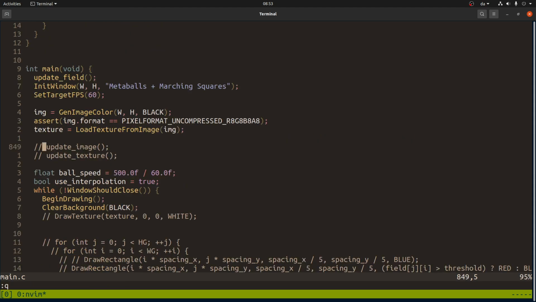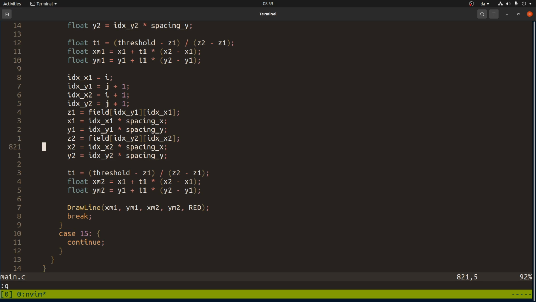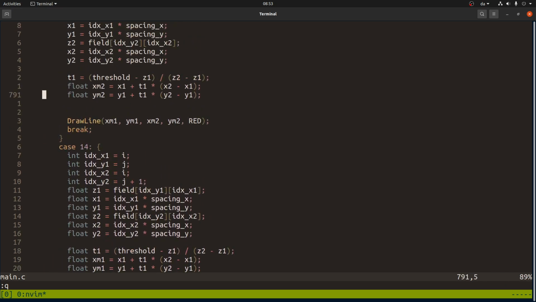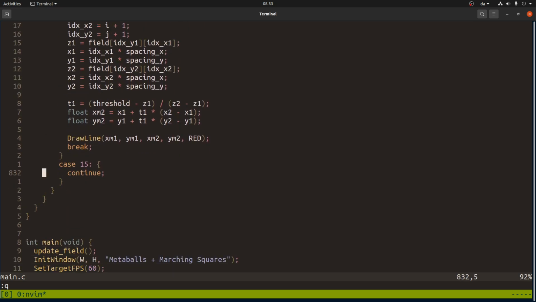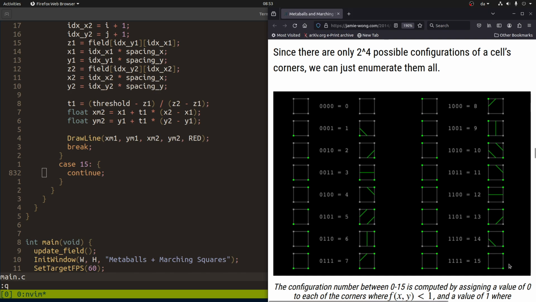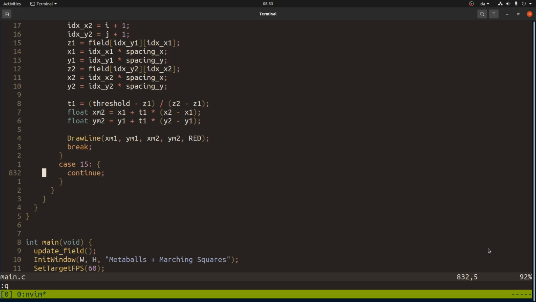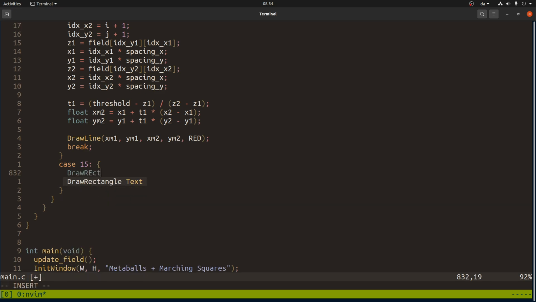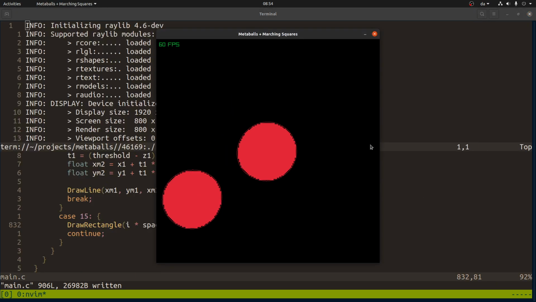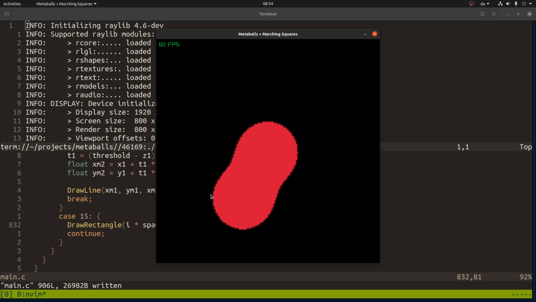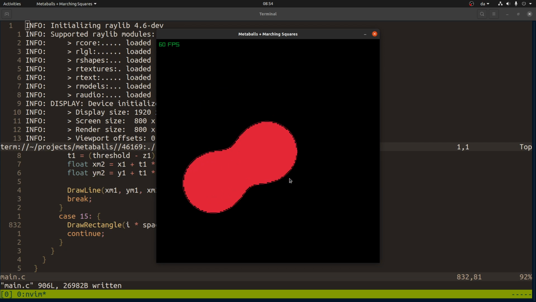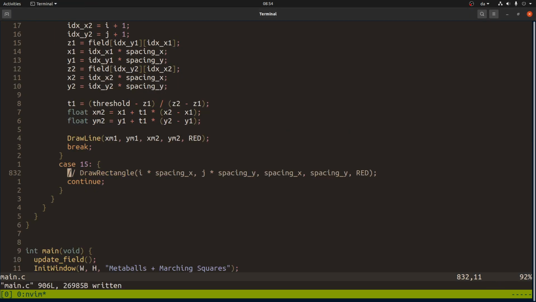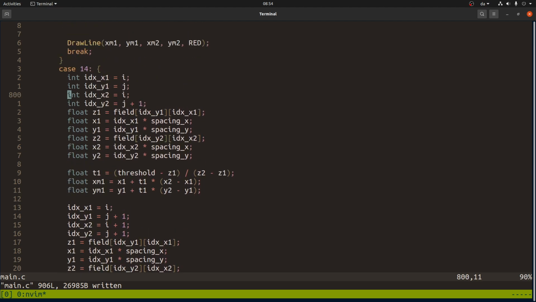So that's pretty much it. So one thing we could do now is, let's say, for example, case 15 is where everything is filled. So we could also just draw a rectangle here, like that, and then we get something like this. Now the very inside is filled. We still have to handle these cases if we wanted to get it fully filled. But that's just to show you how easy it is to also fill it. But before we do that, I think